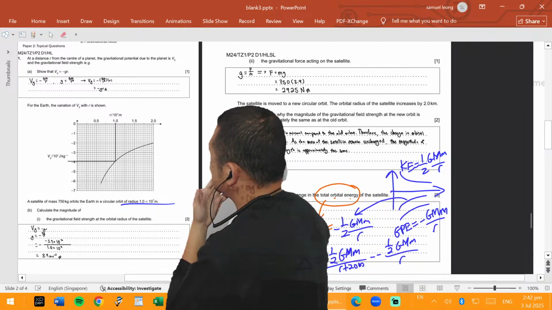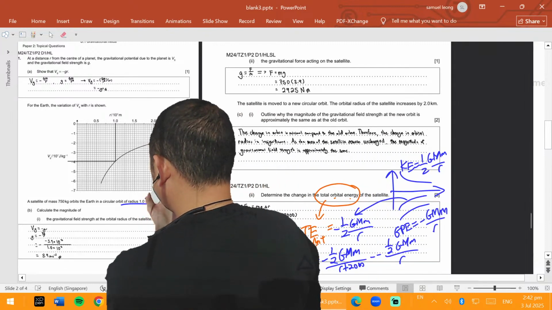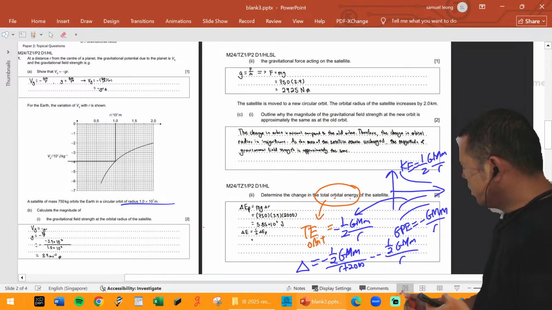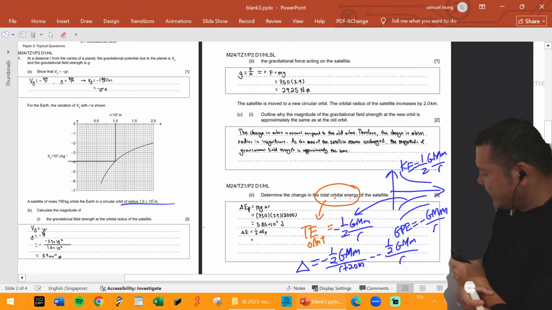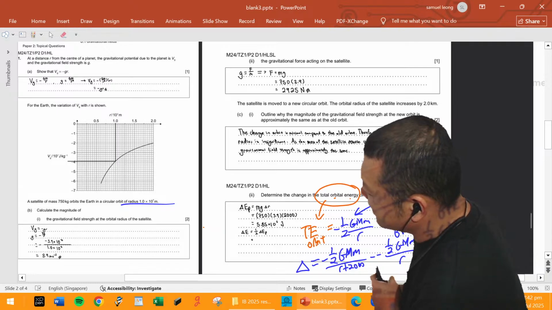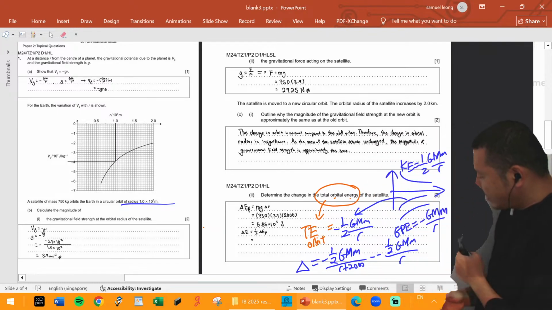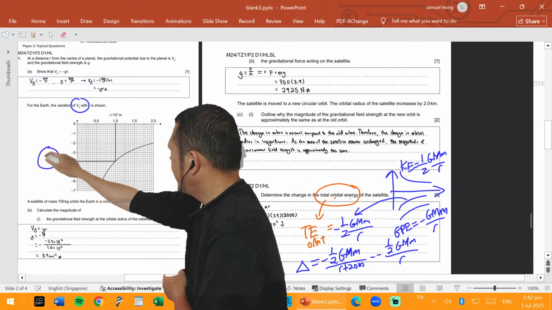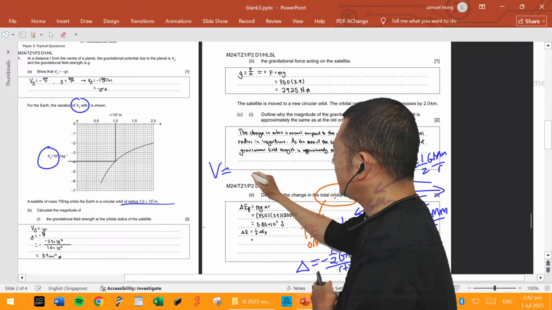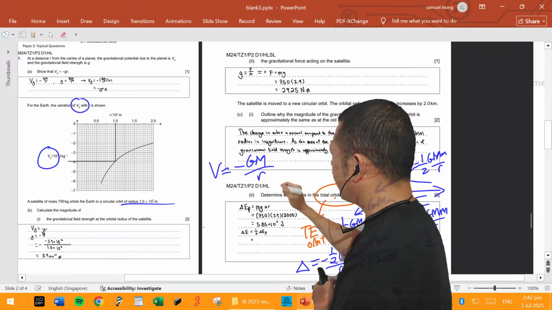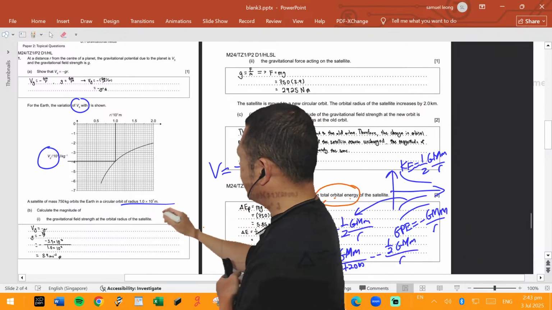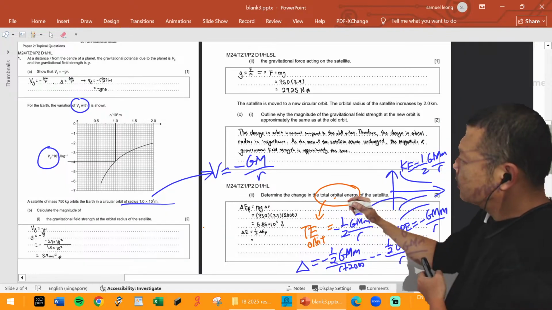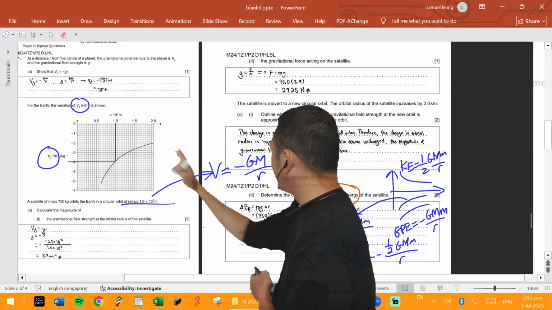Ah, shoot. So that's the problem. That's where we're stuck. Since they didn't give the mass of Earth, then you probably will have to, do you have the mass of the satellite? Yeah, you do. Then you probably have to recognize that the potential V of Earth is negative GM over r. So the potential at the radius is this one here. Then you have this value and this value, right?